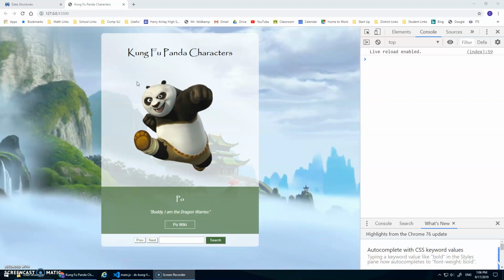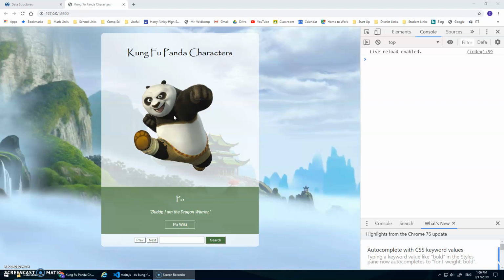Okay, I'd like to do some more with Kung Fu Panda. We've already done this search and optimized this Kung Fu Panda character search with functions. We've also done an image gallery with just the image. But I'd like to put the image gallery and the search all together, where we have a data